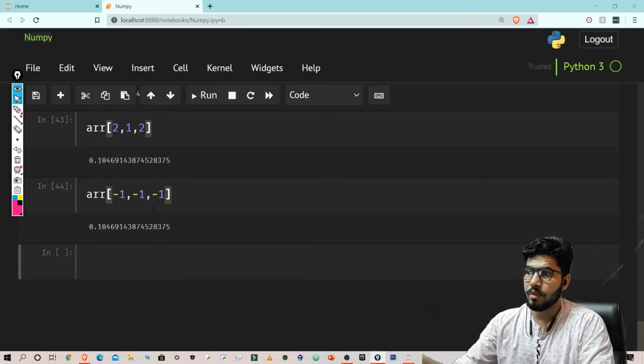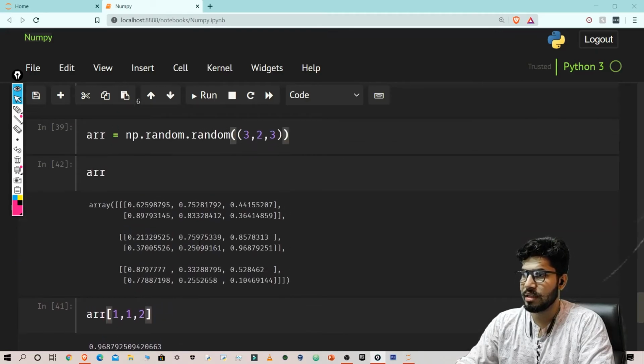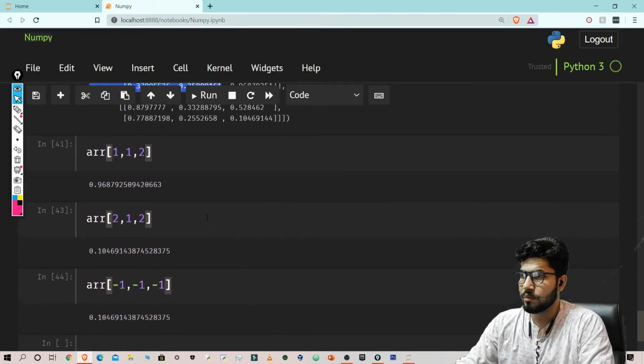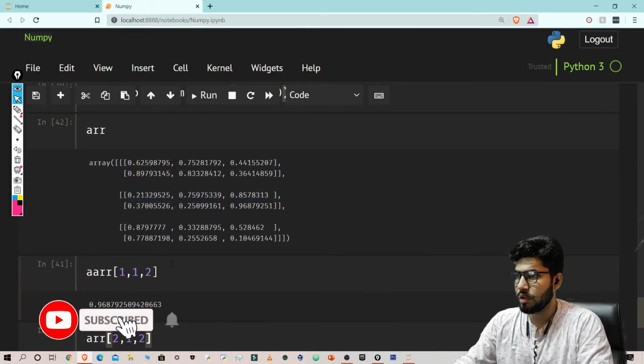Now let's move on to the next thing, that similarly you can also do slicing in arrays. So I will just give you a simple example. Let's say we want to get these values. Let me just move it here.